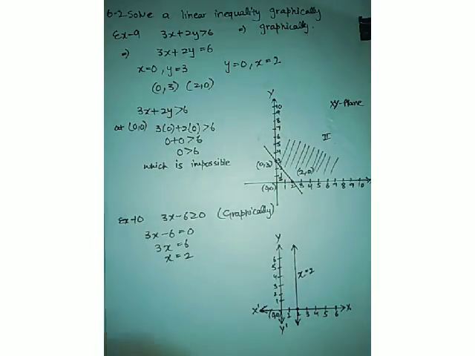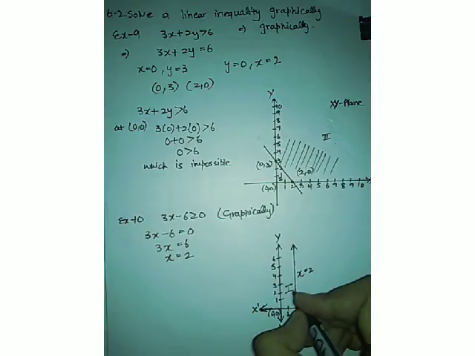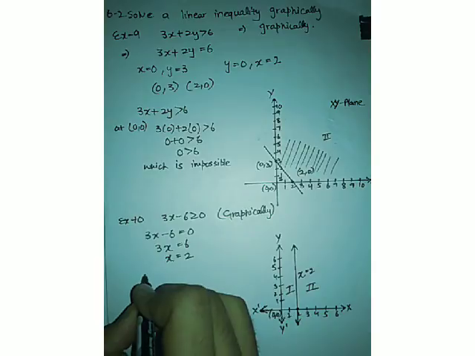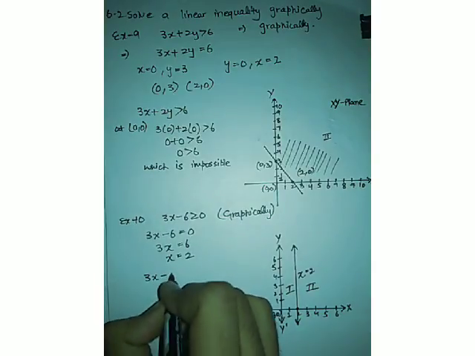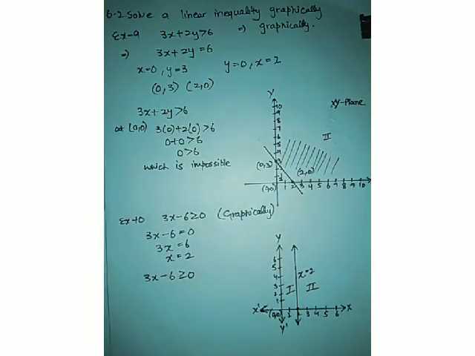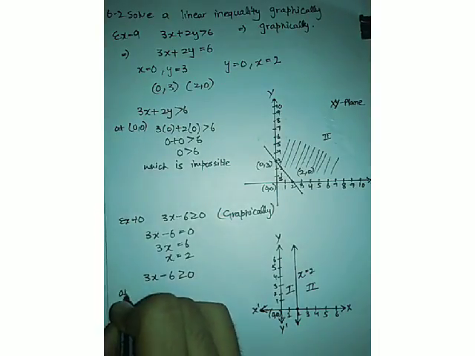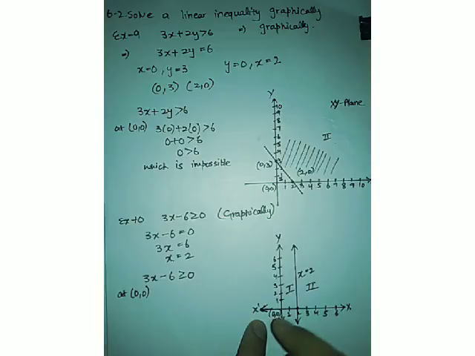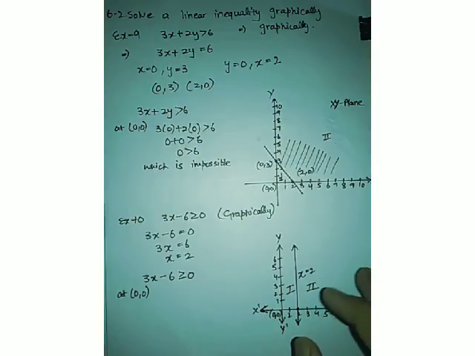Now we'll again consider the inequality. Divide the xy plane into two planes. Again consider the inequality, that is 3x minus 6 greater than or equal to 0. Now we'll take one point from the first region, that is 0 comma 0. You can take any other point as well, don't worry about that. But for simplification and more clarity, you will understand it more easily by substituting the 0 point.